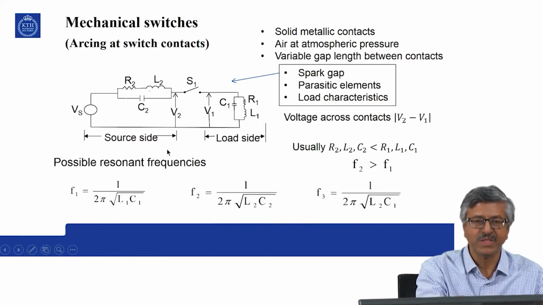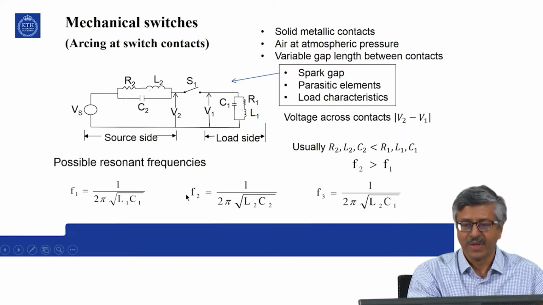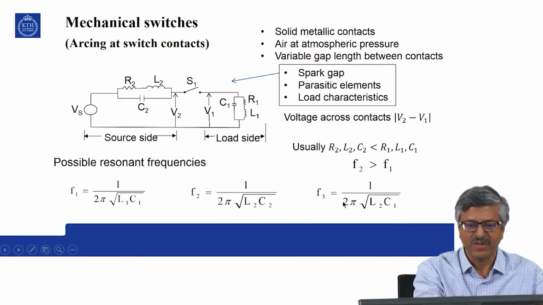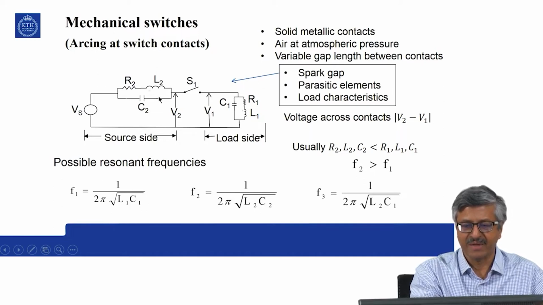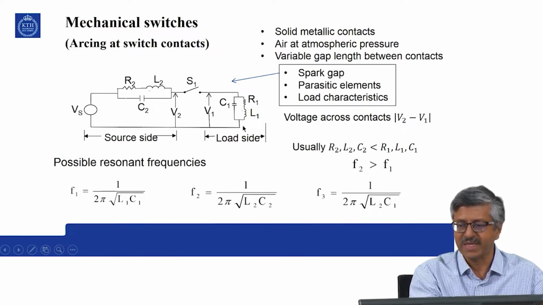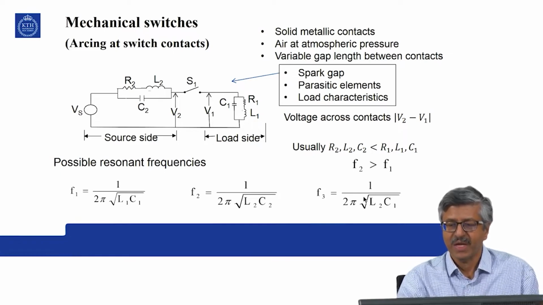Another is on the source side 1 over 2 pi root L2 C2, that is F2, and F3, a combination of the load side and a combination of source side and the load side. So, L2 and C1. So, likewise you can find several resonance frequencies, and usually